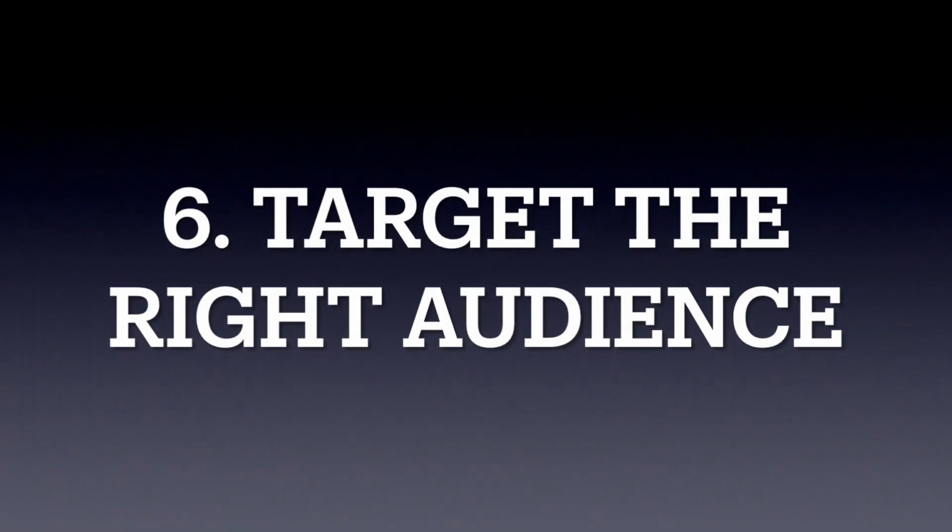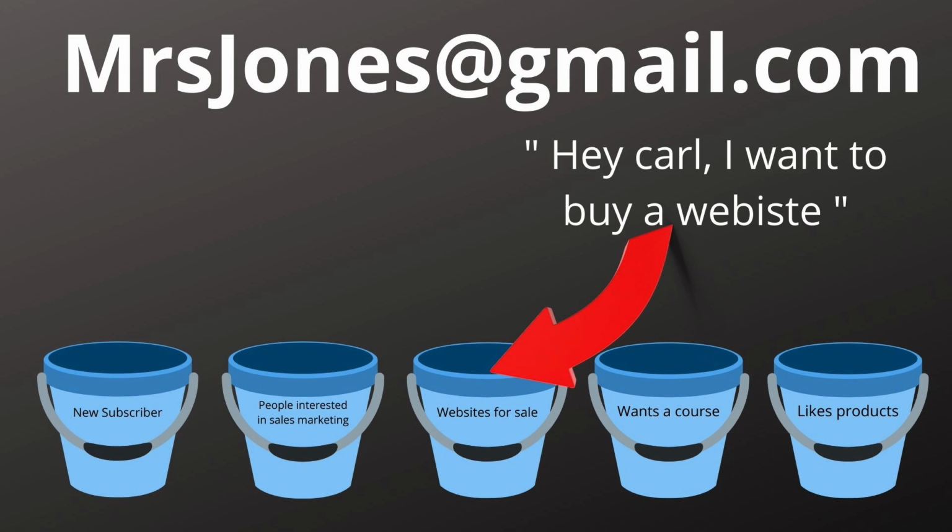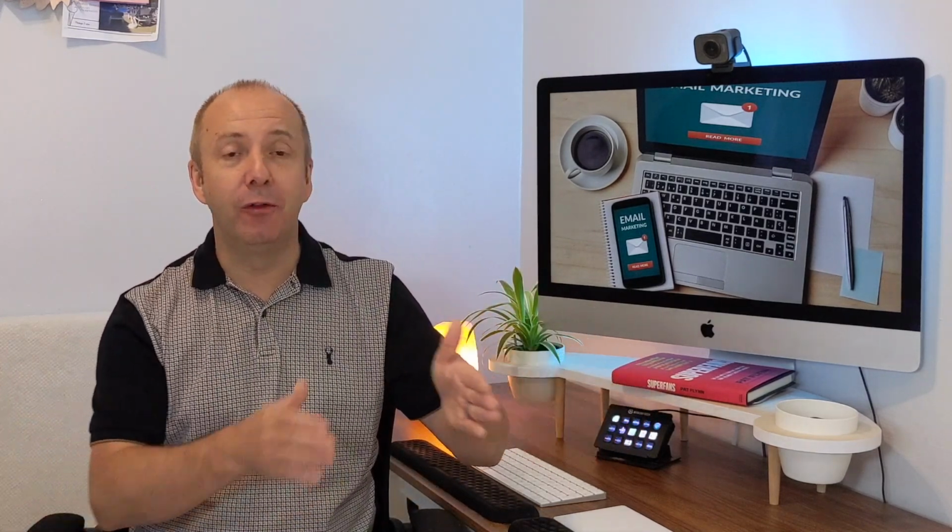And number 6, target the right audience. Now, with many email providers, I use ConvertKit, and I chose ConvertKit because they allow me to segregate my email subscribers. So every time I get a new email, it is dropped into a pot, a selected little folder that has a targeted audience. So I may have a folder that are people who just want to learn about keyword research. I may have a folder that is just full of email addresses for people who want to start a new website. So I have these buckets that I call them, or these folders,